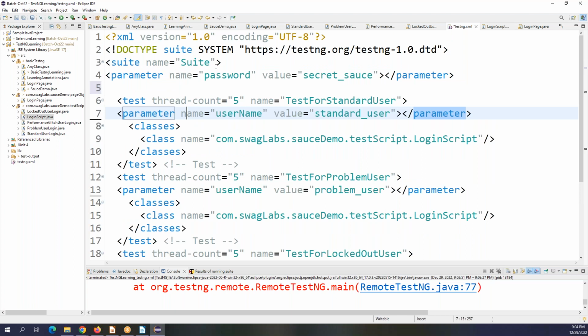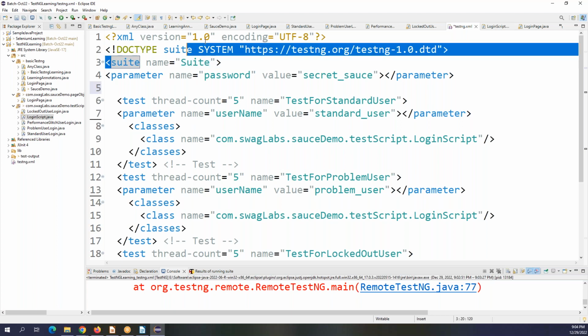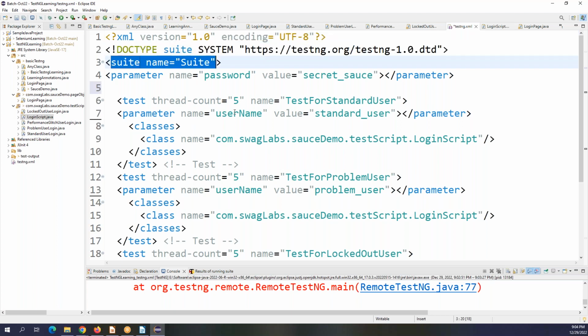One more thing. Previously I mentioned the parallel. Now it's running one by one, but I want to run all together at the same time. I want to save my time. If you have 100 usernames, 100 passwords, it will take time, right? It will go one by one. But I want to open all this together. So in the suite level, I want to say that please run all these tests parallelly. So what I'll say here, space parallel